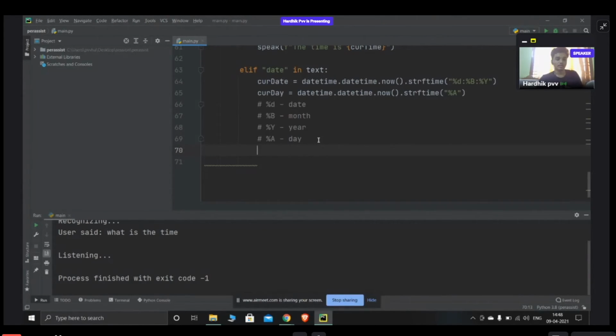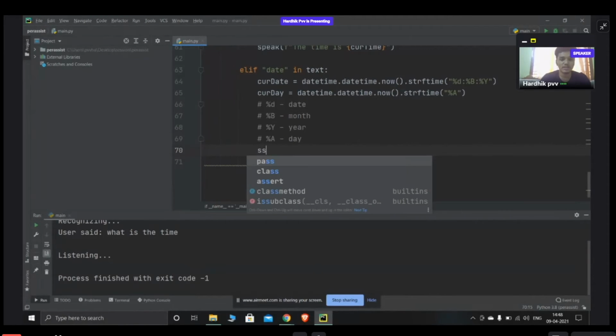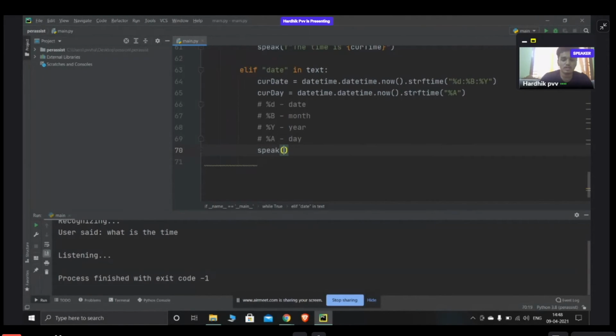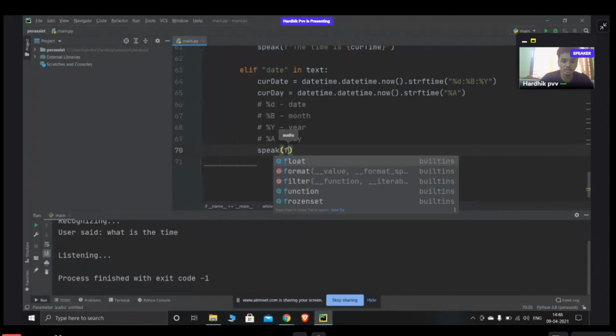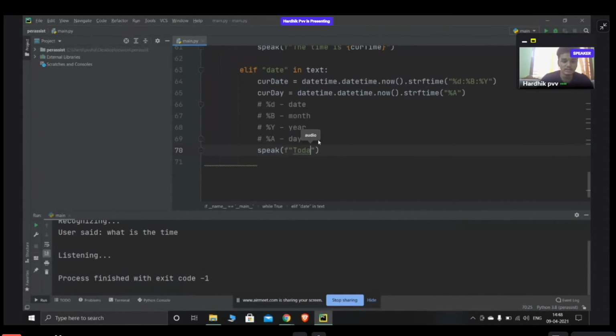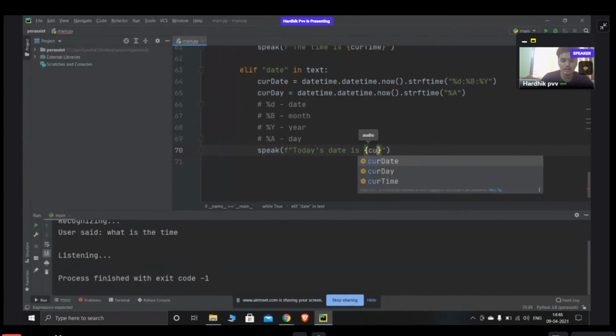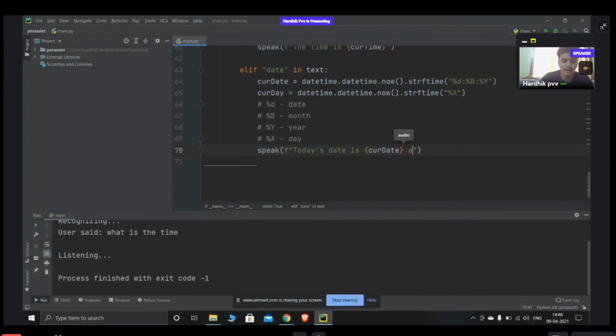Now suppose I say speak, I wanted it to say, speak "today's date is", current date, "and it is", the day, current day.